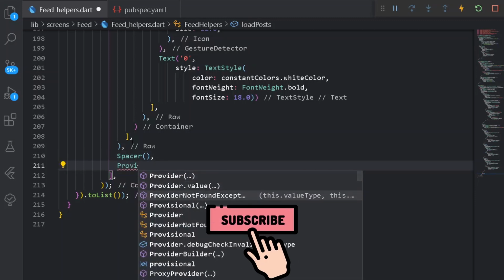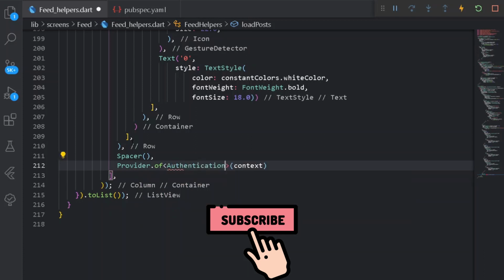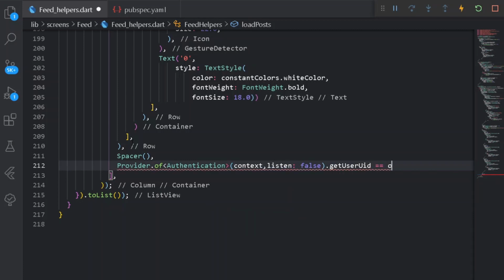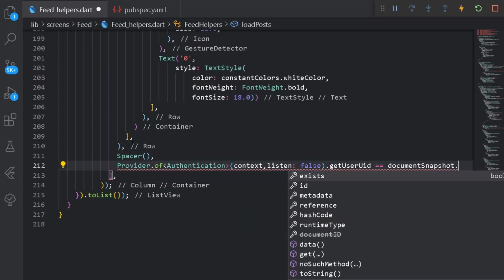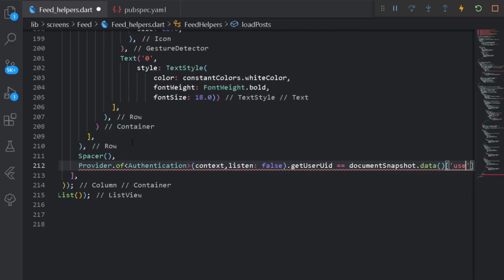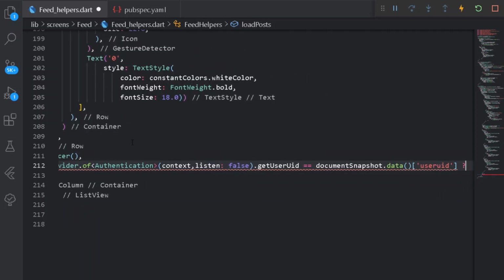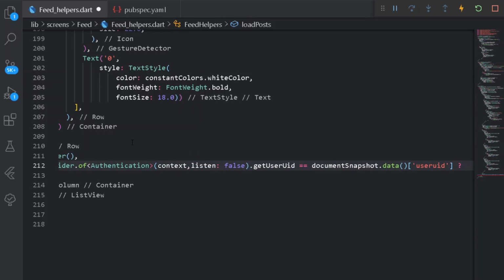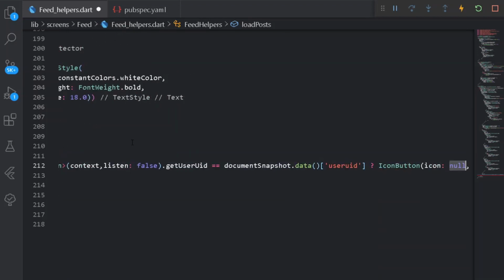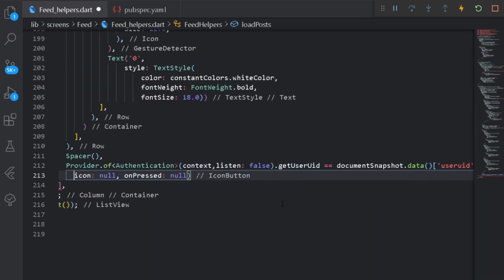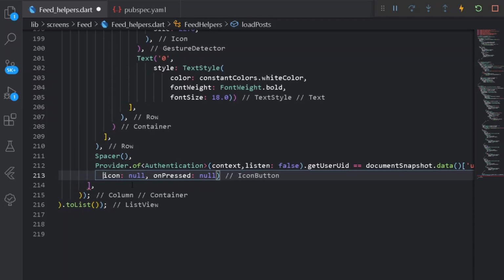Here let's have Provider.of for authentication, and also let's set listen property to false, and from this let's get the user ID. If the user ID is equal to the document snapshot data, from this let's get the user UID. If the following thing matches, I shall be having an IconButton, easy. Here under our IconButton, let's have an icon.